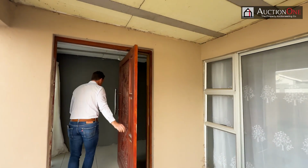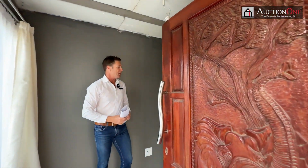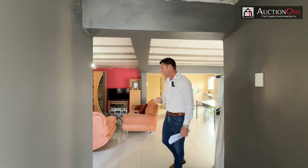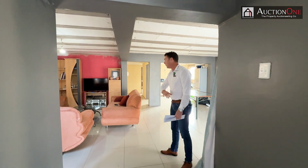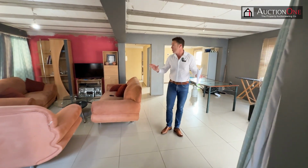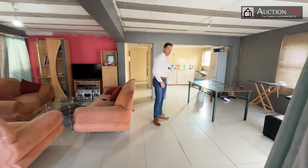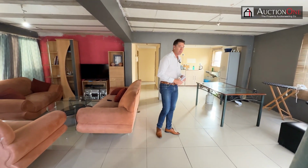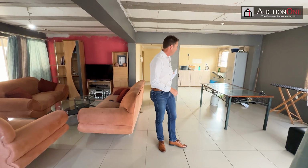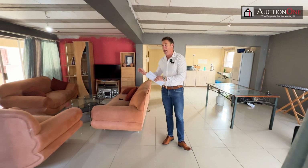You can see over here, beautiful front entrance door, amazing. Spacious entrance hall, and then we've got the porcelain tiles throughout the living areas and kitchen segment. It's really spacious inside here. You've got your kitchen over there. It still needs a fitted kitchen to go in. What about a nice center island feature coming onto this dining room, which then flows across onto the lounge,